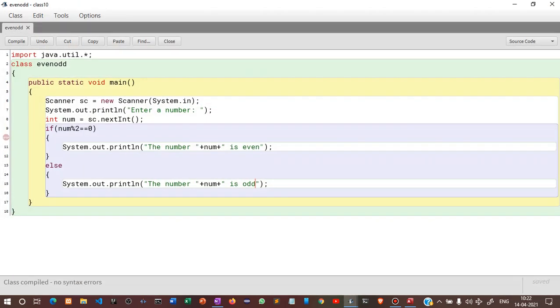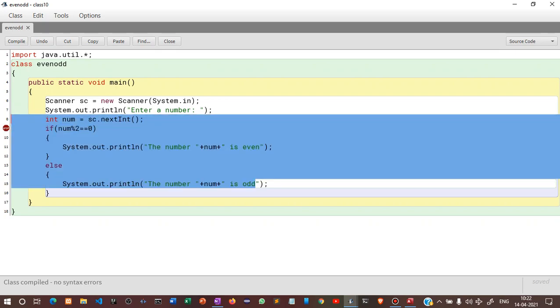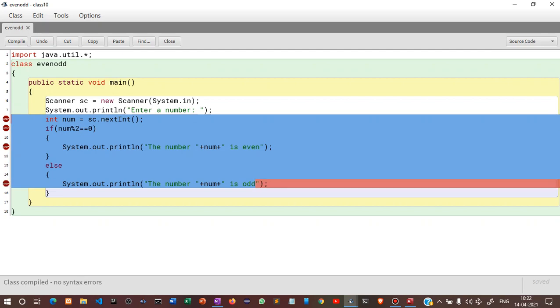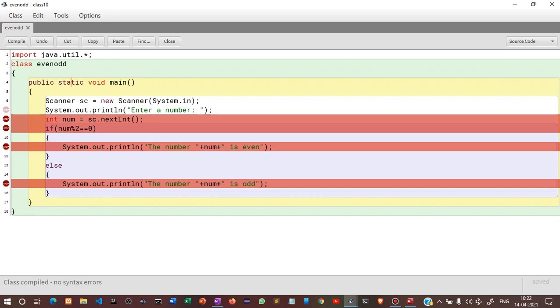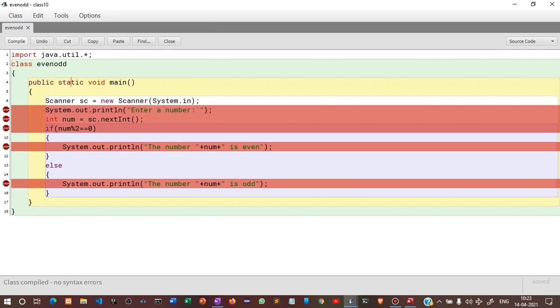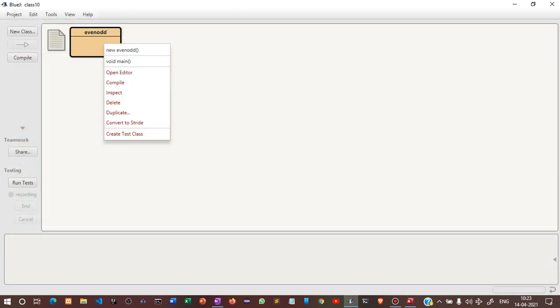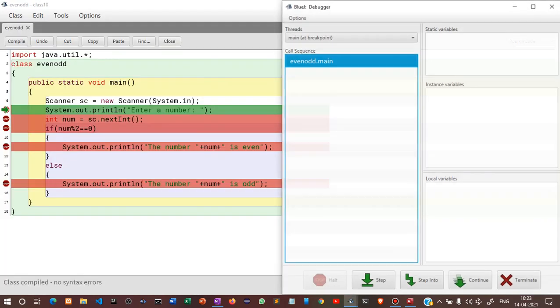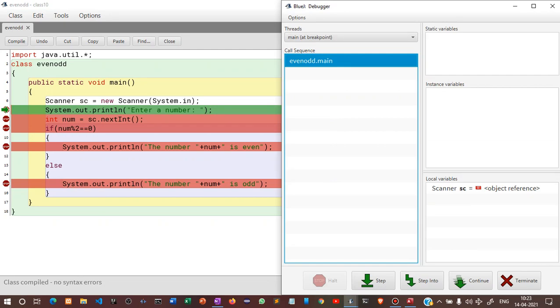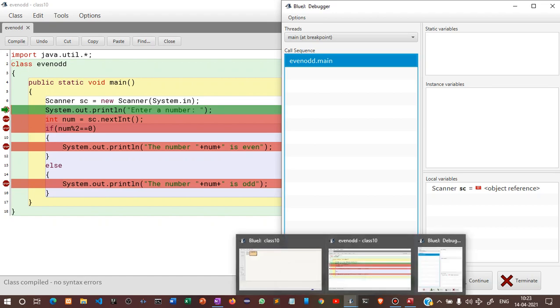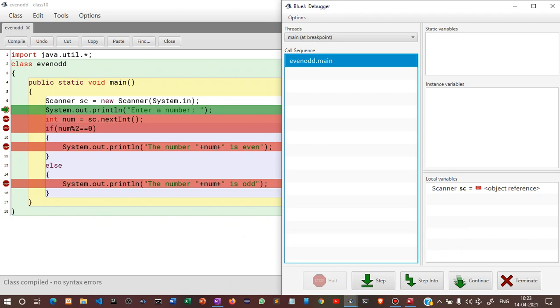So we will debug this class using the debugger. So we will click on that. Okay, now we click on the debugger. Then we'll click on compile. Now we'll see how the data is being flown inside the class. So right click again and click on void main. The green line shows that it is being executed. And if you go to the bottom, you will see that a terminal viewer will show up.